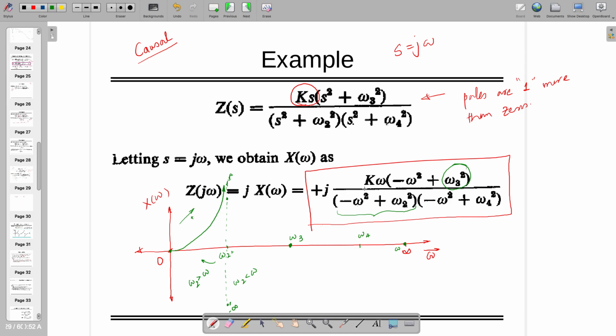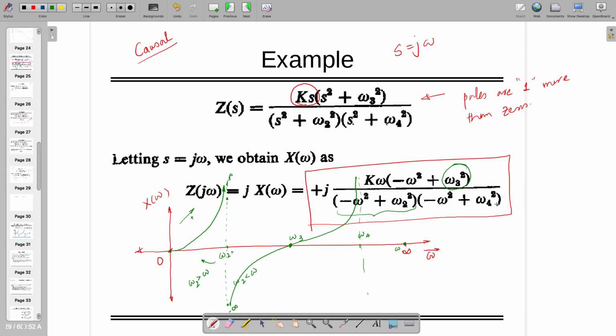For that you need to look at the slope, through which you can find out which side you have to move. So this is 0, but on this side it is minus infinity. So this is coming from minus infinity to 0. As you leave omega 3, you go to the plus side, and you will go to plus infinity